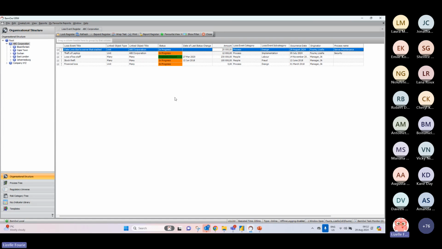So I'm going to demonstrate to you now how you would capture an incident that is linked to a unit. I will also do another example shortly after this, where we will link it directly to a risk, which will then, of course, trigger the reassessment trigger to relook at the risk ratings. So when you are within the,